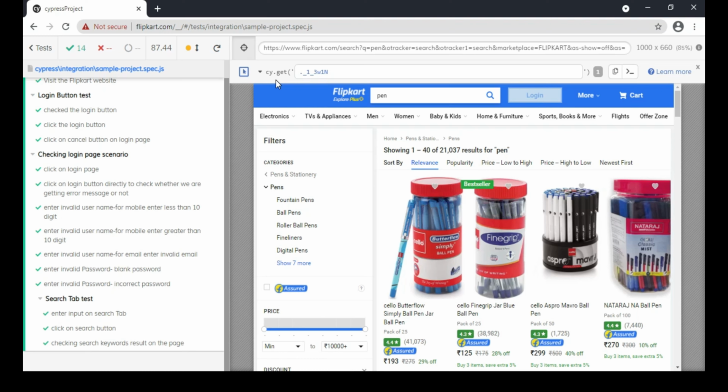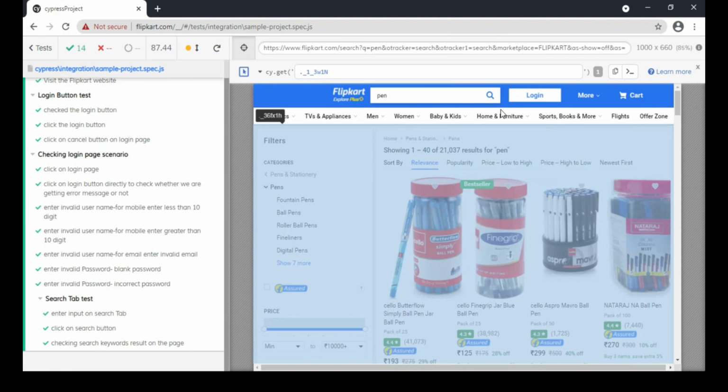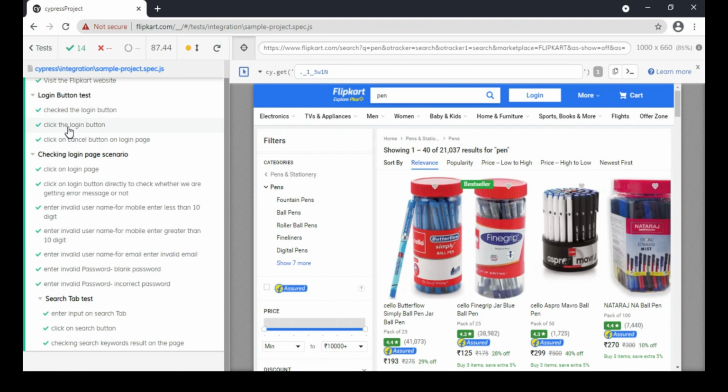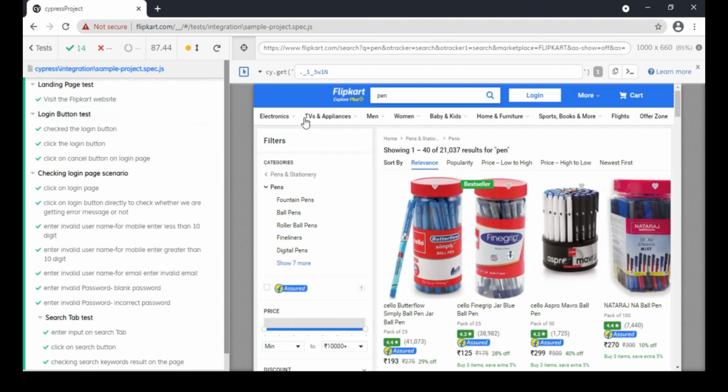So it is very easy for us to see what we are testing and what is tested on the UI. We can see all the things that are tested, and the reflection is similar to what a user will face while performing the operation. This is the automation tool.